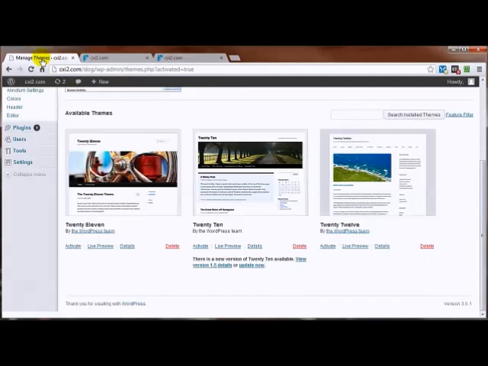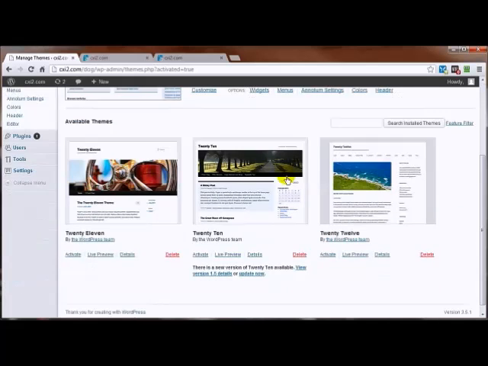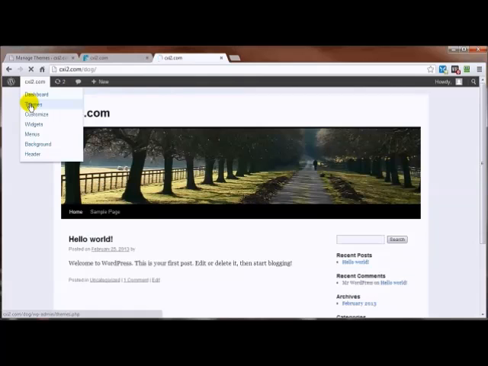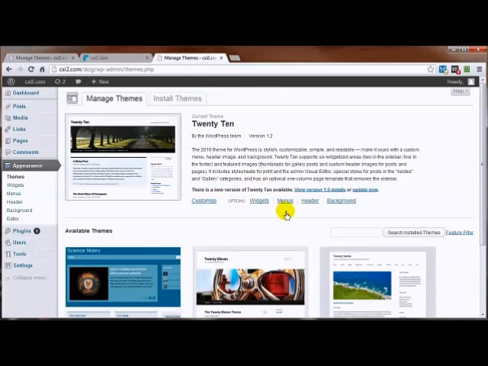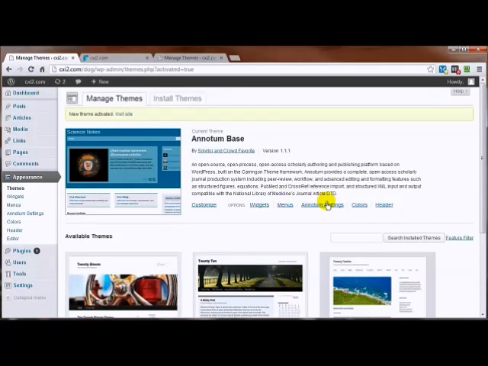And with the new theme activated, you can come up here and customize it. You can add widgets, menus, and other theme-related items that are specific to that particular theme. In other words, you won't find some of these options available with some of these other themes. If we go back into themes, you see you don't have the same options available here as you do here. So again, some of these items are theme specific,